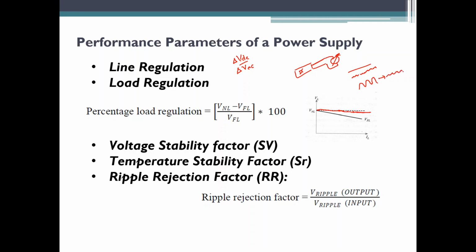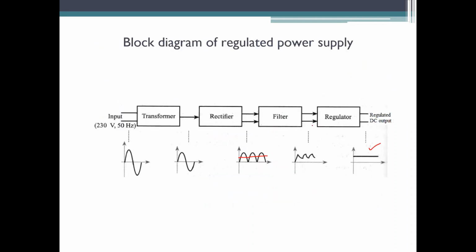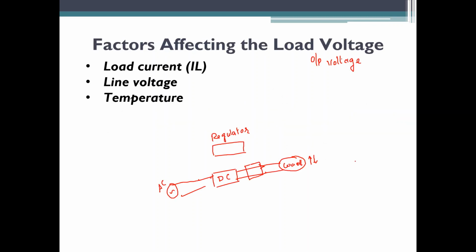Out of this filter it was something like this, better than this one. Once it is given to the voltage regulator, your voltage regulator will give a straight line. See here, it was being explained, right? Filters will have a little bit of ripples. When it is given to the regulator, it becomes a smooth DC. So here,